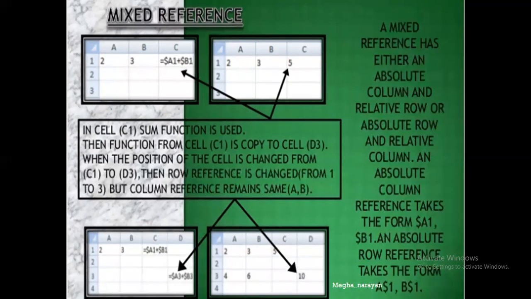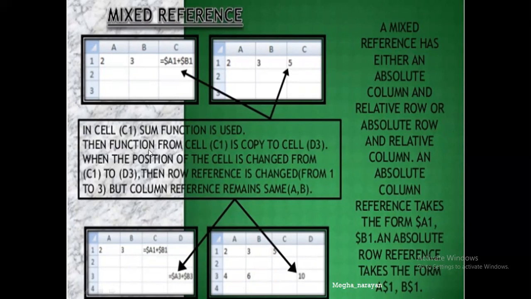The third sort of referencing is mixed. The name itself tells you the entire story. Mixed means relative as well as absolute reference added or merged together. You can find both of them. One part will be fixed, another part is not at all fixed. Now look here. It is using the dollar sign, $A1, $B1 like that. You have used this as a formula.